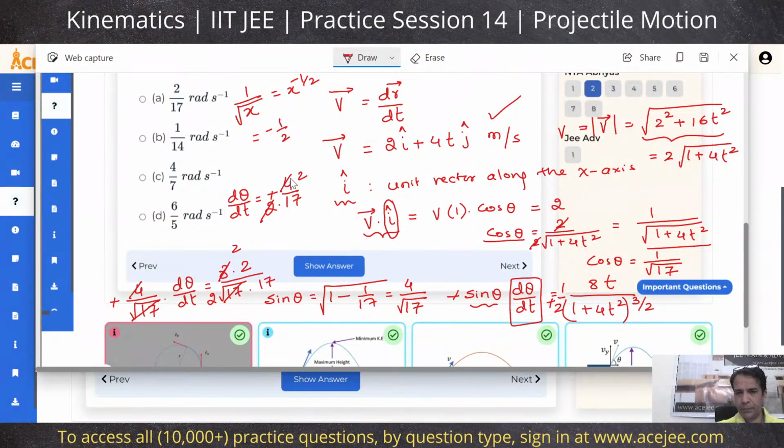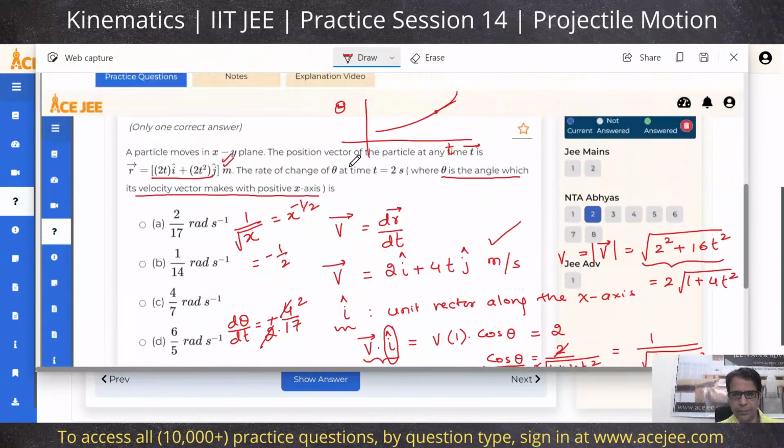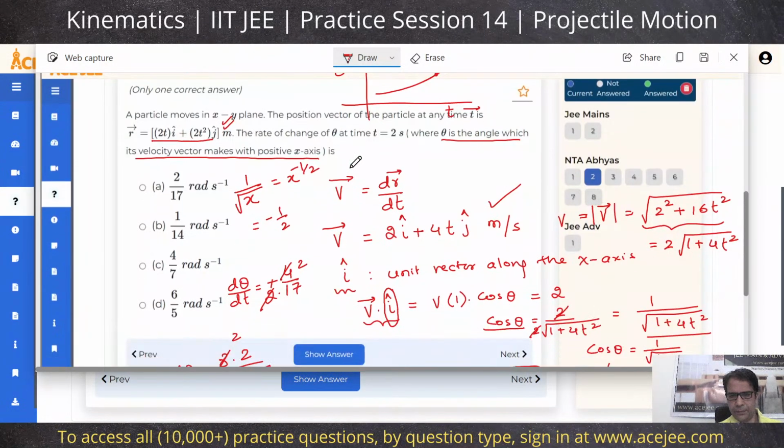Sir, I had a doubt. Yes, Peter? Sir, I did it through a different method. I wanted to confirm if it was right. Okay. Sir, I did tan theta is equal to 2t square upon 2t. Sir, so could you just scroll up from this, so the position vector given, we can take out the relationship between, so tan theta will be 2t square upon 2t here. And then tan theta is equal to 2t, and so it will be differentiated